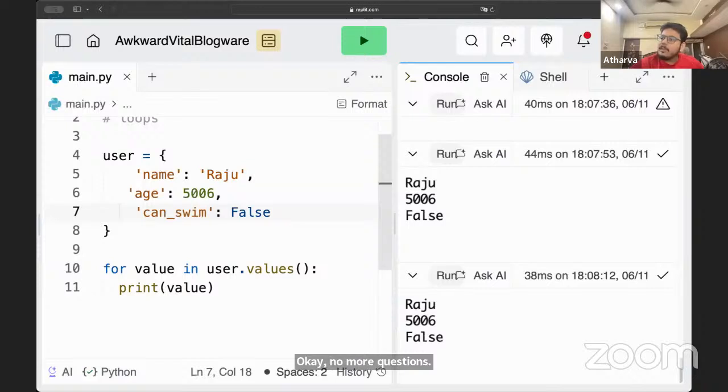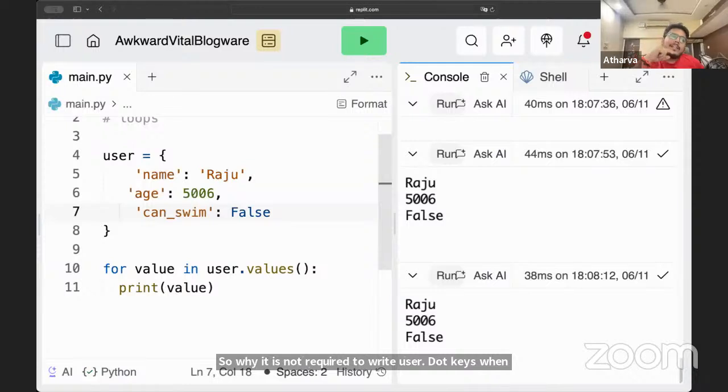Is it possible to print keys of a dictionary without using loop? I don't know. I only know one way to do it. This is how I have been doing. Okay. If there is, I would like to know. So why it is not required to write user.keys when we are printing keys?